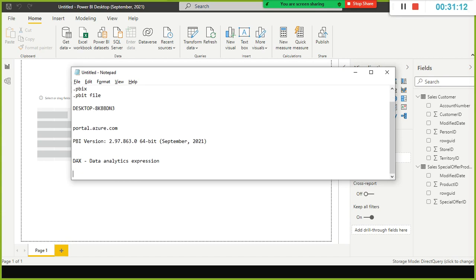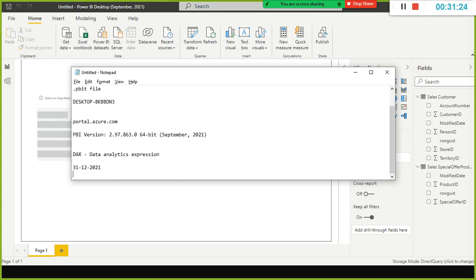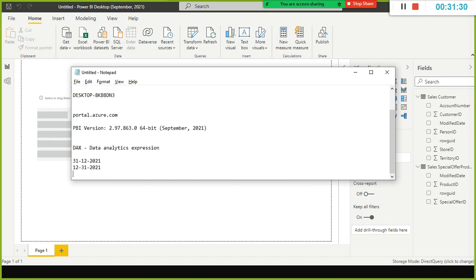As I told you last week about the date column, for example, in the first row it is in date, month, year format, and the next row you have something like 12/31/2021. So here you are following the US date format, and here the Indian date format.